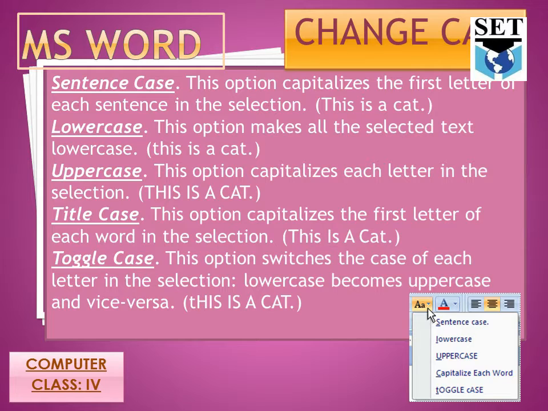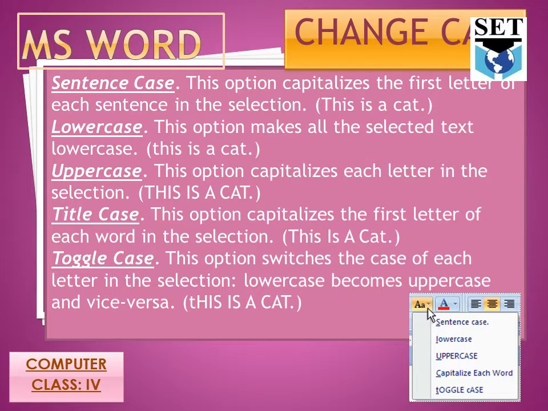There are 5 cases when we are typing a document in Microsoft Word. Actually, what is a case? It is the style of the text how we are typing. Either we want it in the uppercase, the capital ABC, the lower case, small ABC, sentence case, title case, or toggle case. So these are the definitions of the different cases, and we can change the case as per our requirement. The first case is sentence case.